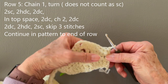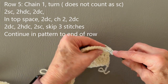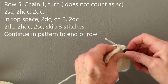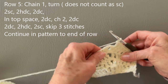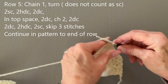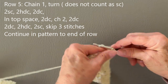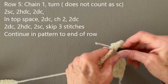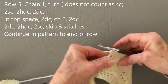Now we're going to go up this slope again. We're going to skip that first space right there and go into the next stitch instead. So we'll put in 2 singles, 1, 2, 2 half doubles, 2 doubles, and then in the top of our chevron, same thing that we did before, 2 doubles, chain 2, 2 doubles. Then going down the slope, 2 doubles, two half doubles, 2 singles,